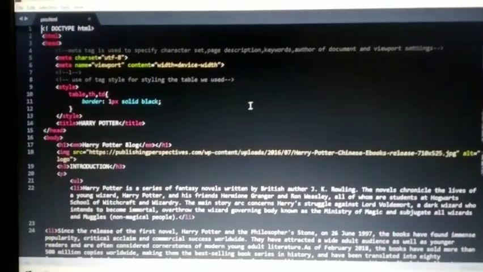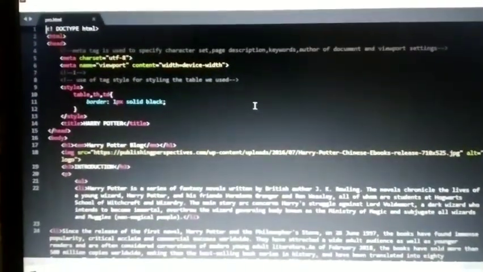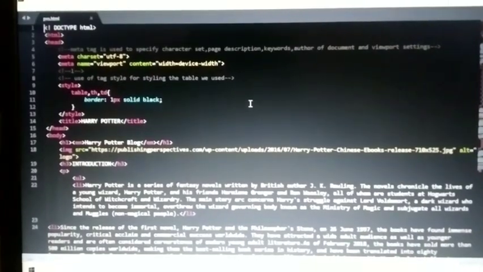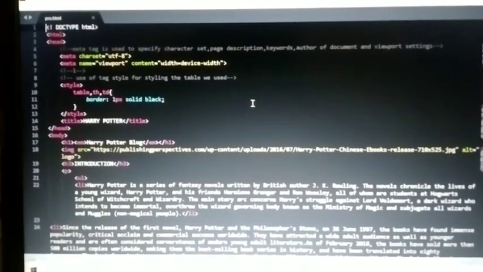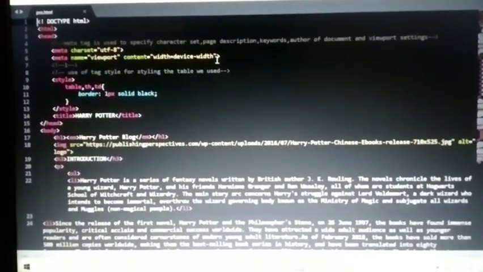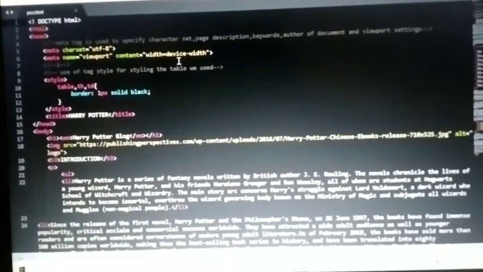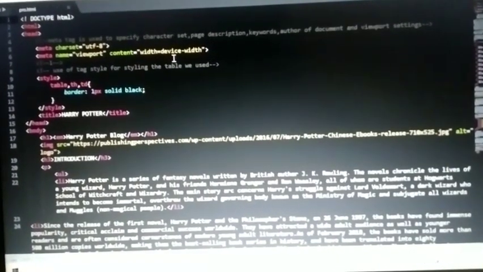Hello guys, so today I'm going to show you all my project which I did with the help of a site known as Pilpul.com, where they are teaching you how to do projects in HTML and CSS. And trust me, it's a very interactive site with lots of assignments and projects which will gain your interest in doing the work. So today my project is about how to create a website and use different tags in it.